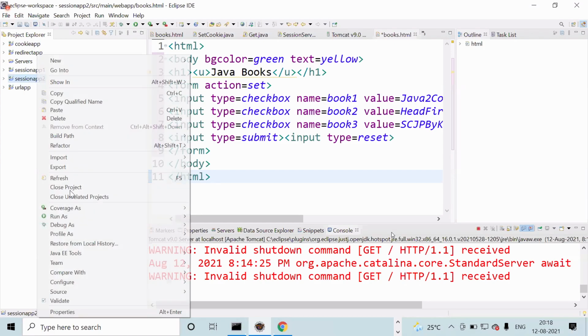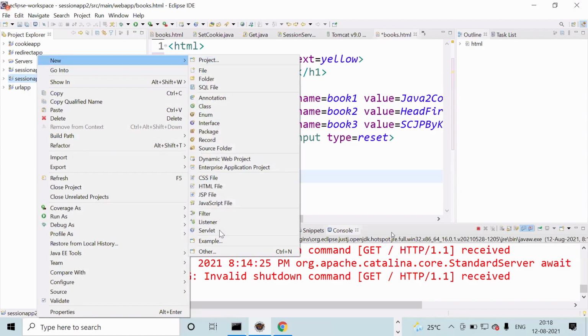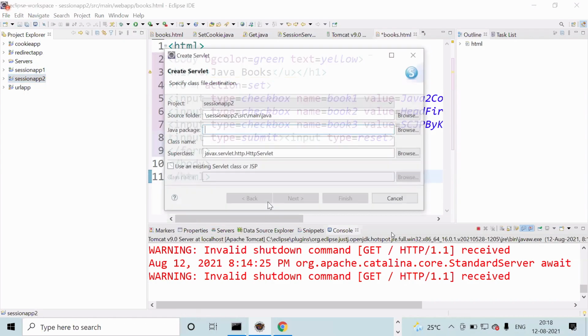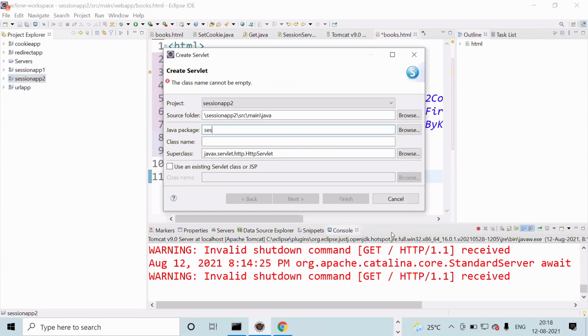Next, new servlet. Like servlet package, something session 1 or session 2. Now, class name, SetSession. Okay, like SetCookie, GetCookie, set get, like that, SetSession.